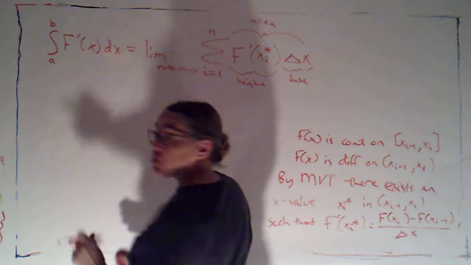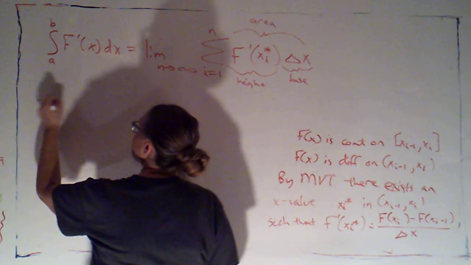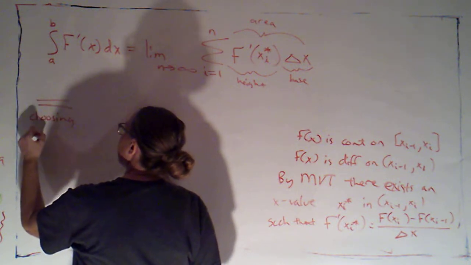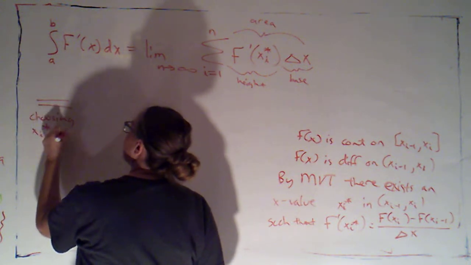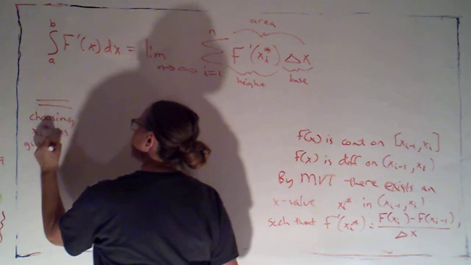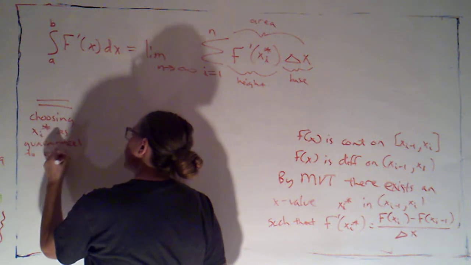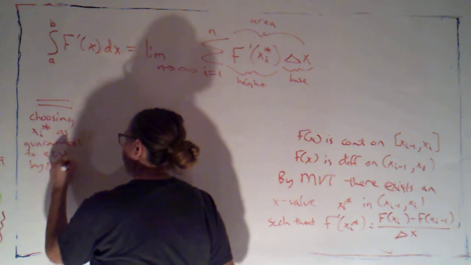So with that choice of xi star, choosing xi star as guaranteed to exist by the mean value theorem,